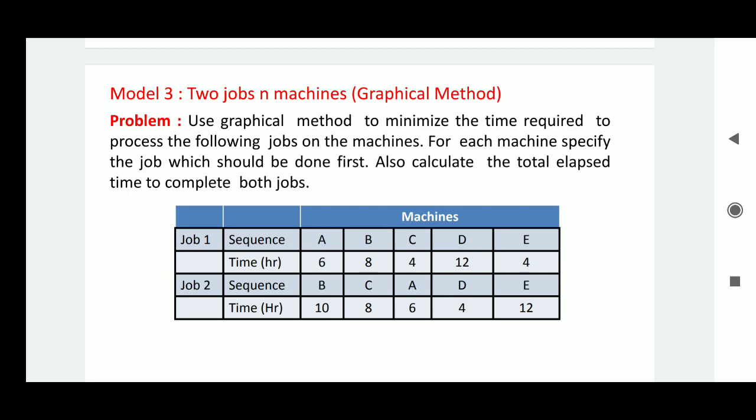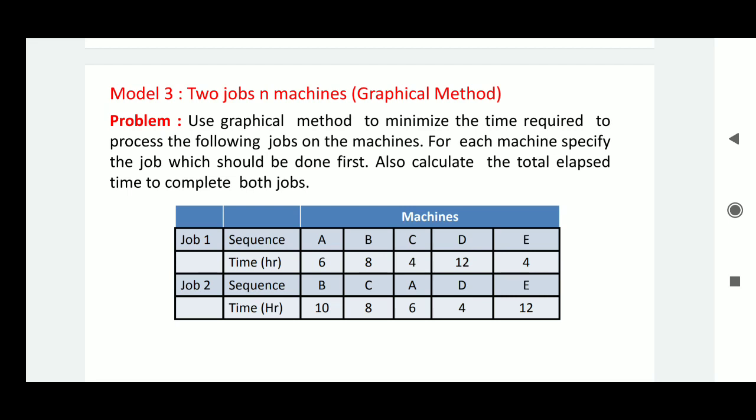So see the problem. Use a graphical method to minimize the time required to process the following jobs on the machines. For each machine, specify the job which should be done first, and also calculate the total elapsed time to complete both the jobs. So in this problem, the sequence of the operations is fixed, that is, the job will go on which machine first,